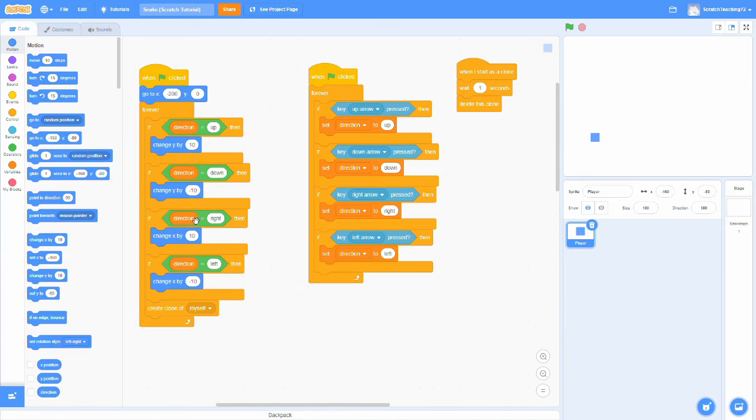Now the next part is how we actually make the snake grow. Right now this is a simpler version, so at the end all I do is have a create clone of myself block. And then using the when I start as clone, we can wait 1 second and then delete this clone. Basically, whenever a clone is created of the snake, it waits 1 second, deletes the clone, but since clones are being created constantly,